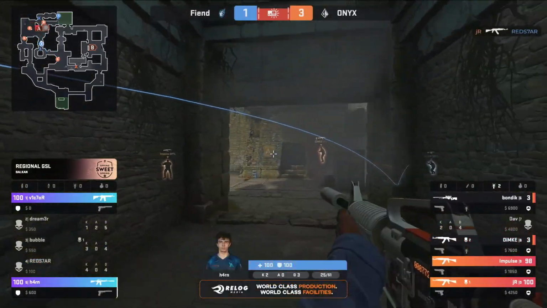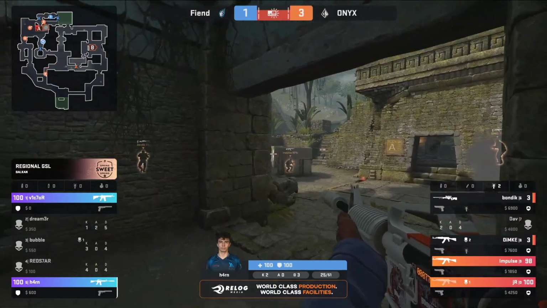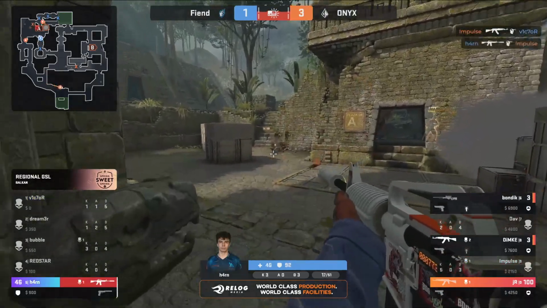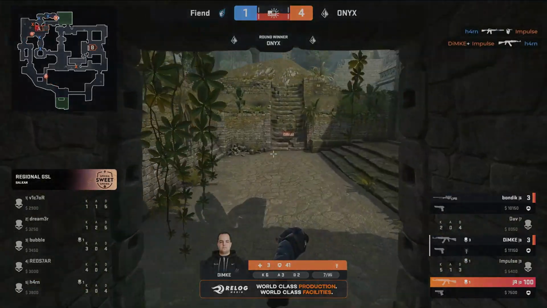Flank coming through from JR, going to be catching REDSTAR completely off guard, and Fiend, they're just trying to complete this retake. They're just even trying to get themselves in towards the site, but they're being shut down left, right, and center. Impulse on a nasty angle will take down Victor, and finally a kill comes back for Han. Again, a lot of...